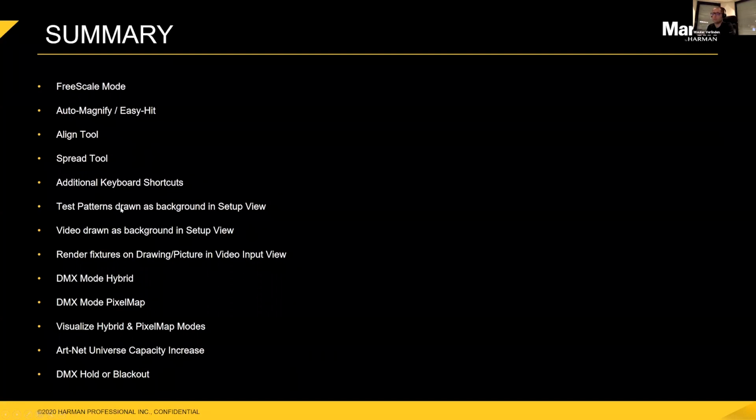Then we get to setup view, where you now can have test patterns and video as a background, making it a lot easier to position your fixtures without toggling back and forth. The new possibilities to visualize by rendering the fixtures on a drawing of your stage or a picture of your stage or building. And then the new DMX modes, the hybrid mode, toggling between video and DMX on a fixture per fixture basis,